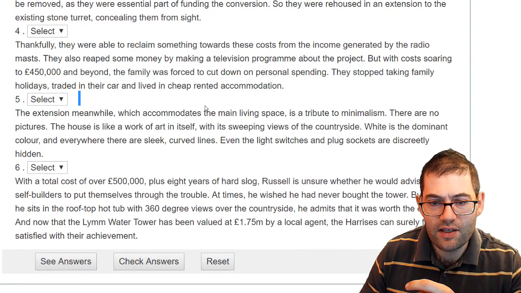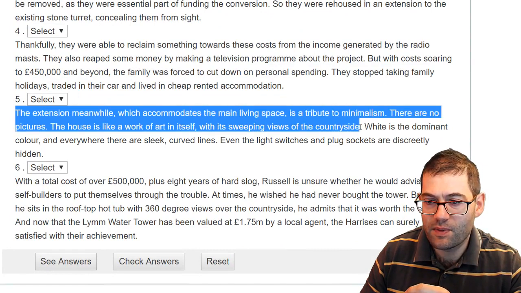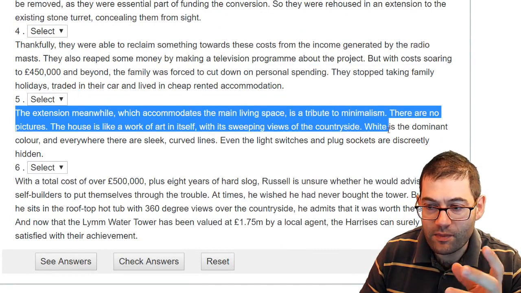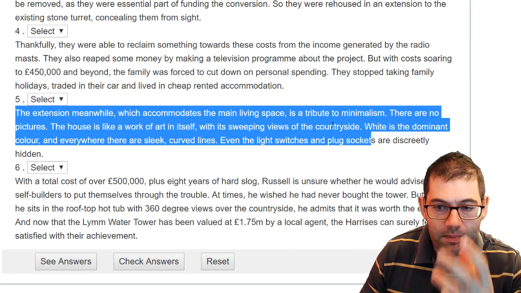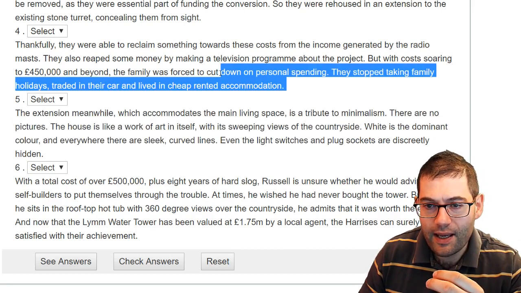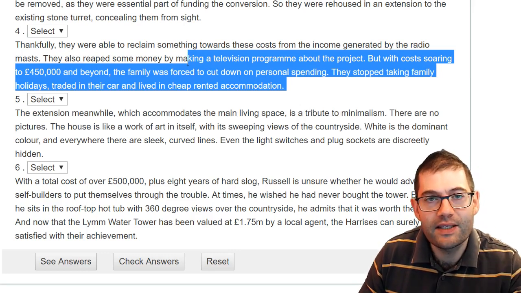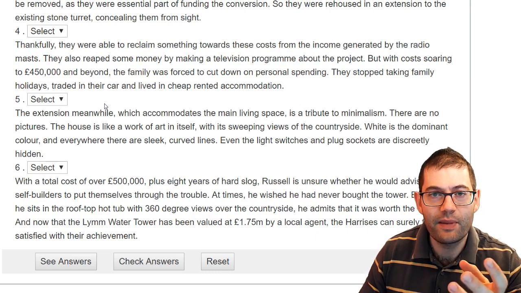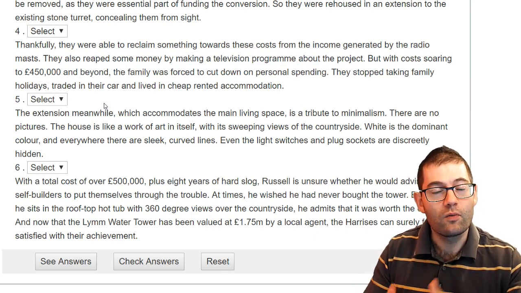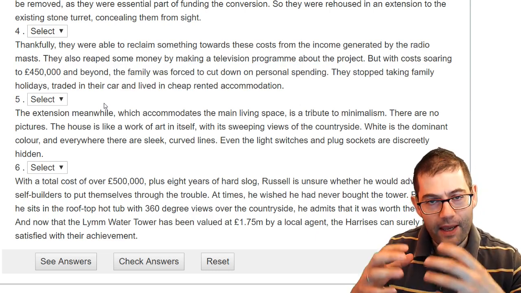And then it says the extension, meanwhile, accommodates the main living space as a tribute to minimalism. So you've got lots of positive language here. As I said, it suggests that the building has been completed. Here, the building hasn't been completed yet. They're living somewhere else to complete the building. So you would expect that in this paragraph there's something to do with the building being completed and finalization